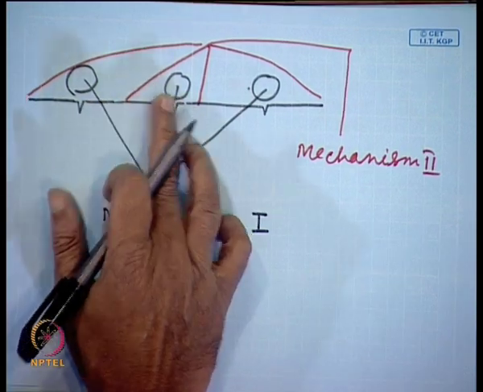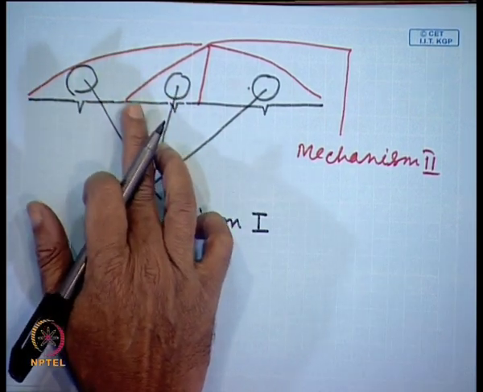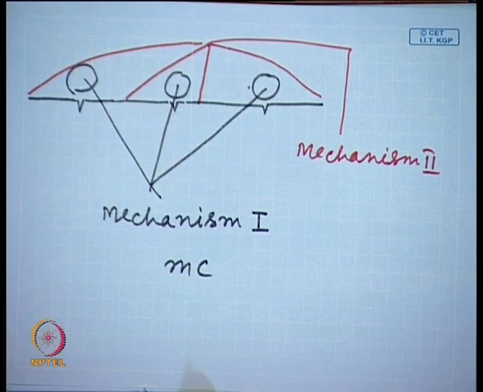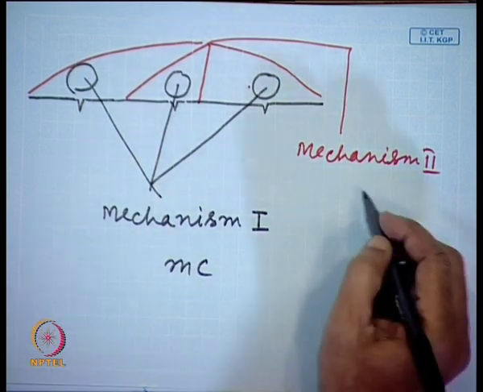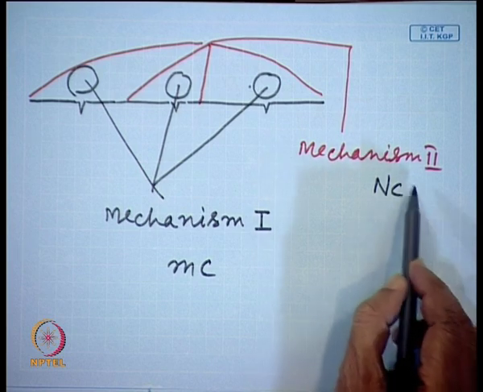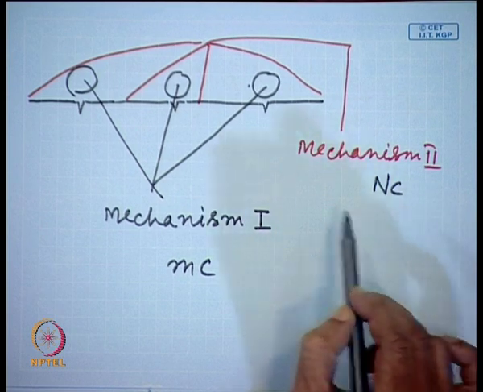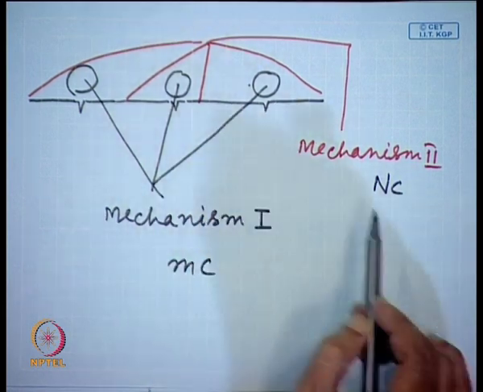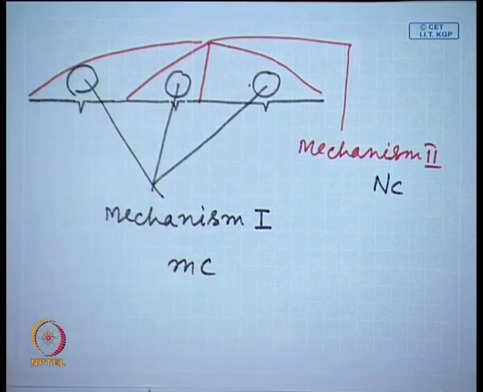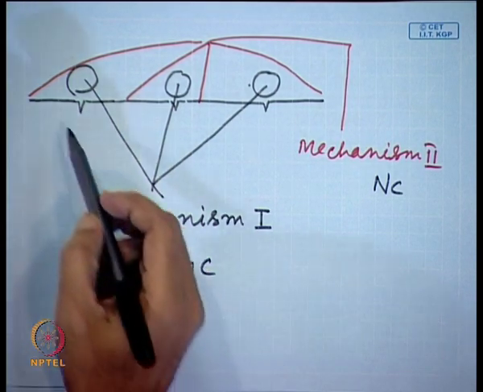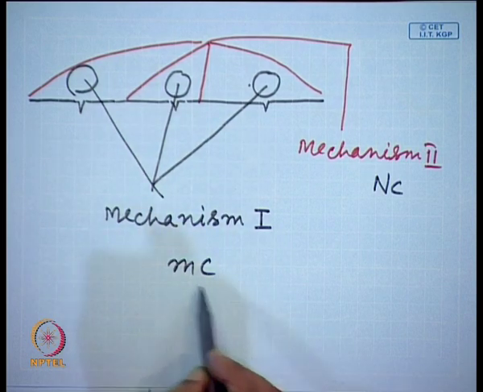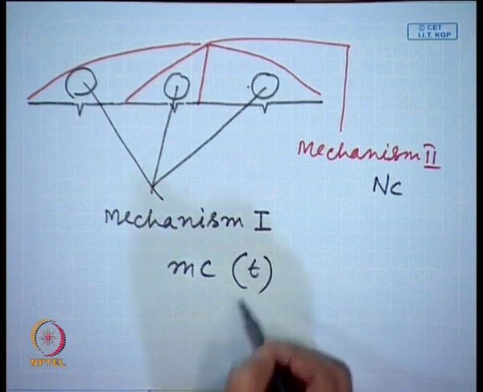And then in between the bubbles there is solid area which is in contact with liquid. So, there natural convection will take place. So, one is micro convection and one is natural convection. Now, natural convection is more or less constant, because if the temperature difference remains constant, then the heat transfer due to natural convection is also constant. But for micro convection, a bubble grows, then departs. So, there is a cycle. So, micro convection is dependent on time.